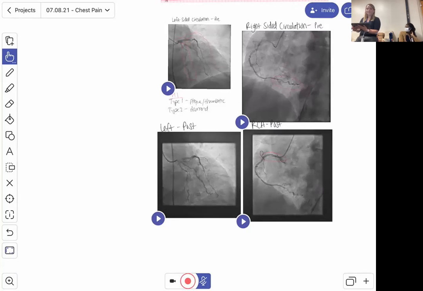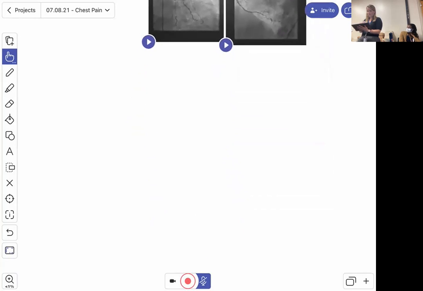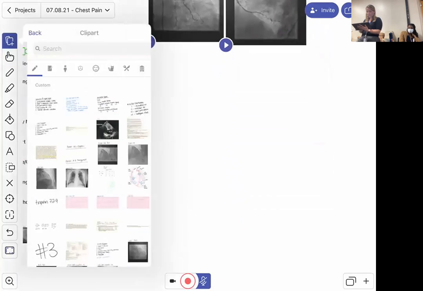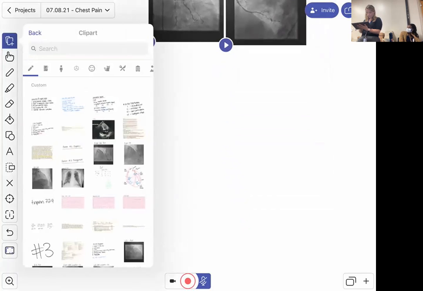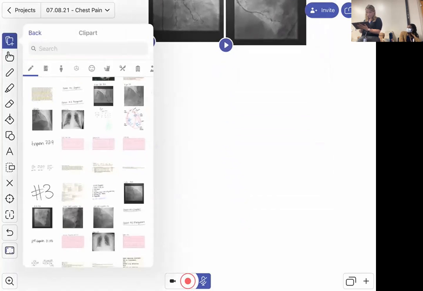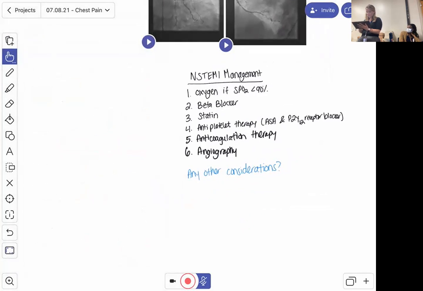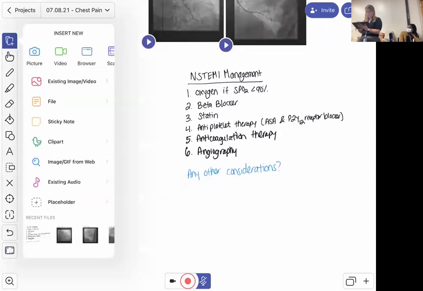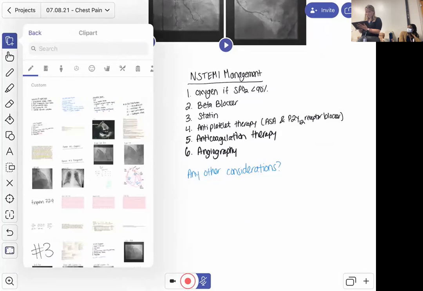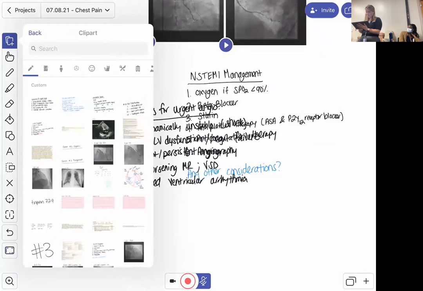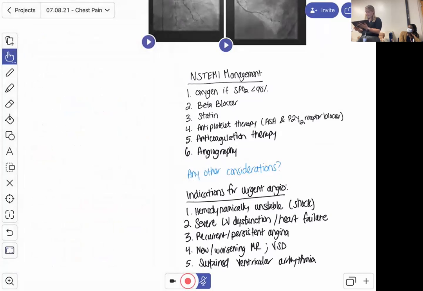That's correct. So these are subset populations. Obviously, cardiology studies are massive compared to most disciplines, so we can do all these subgroup analyses. If you look, there's only a short-term mortality benefit in high-risk NSTEMI. So that's somebody who is in cardiogenic shock despite not having a STEMI, but is having an NSTEMI, LV dysfunction, or electrical instability. If you take those patients to cath and revascularize, they'll have a better short-term mortality compared to the other population. But if you still go out 5 to 10 years, there's not a statistically significant difference